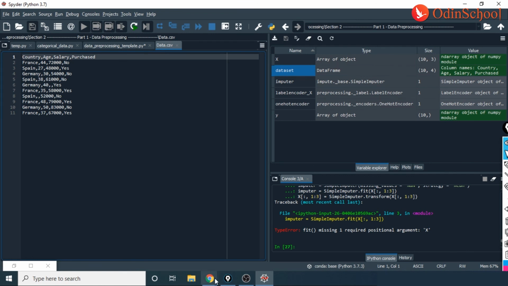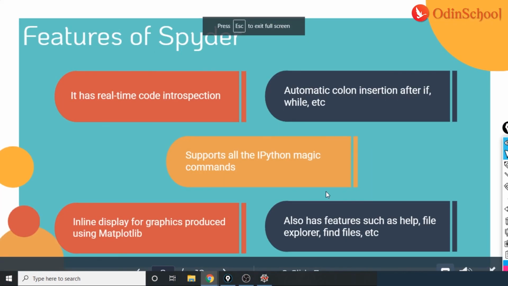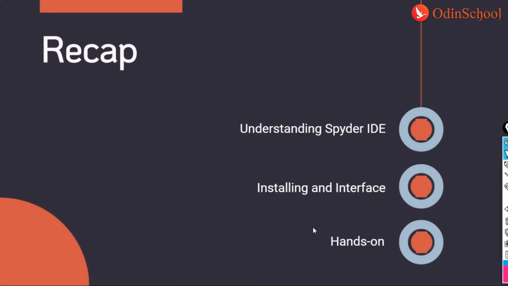So let us now go back to the place where we began all this. Now I hope you have understood what some important features of Python are, where we use them, when we use them, and how using Spyder would actually make a difference. And I also hope, this is just a hope guys, that you have been able to understand the difference between Spyder as an IDE and Anaconda Navigator as an IDE.